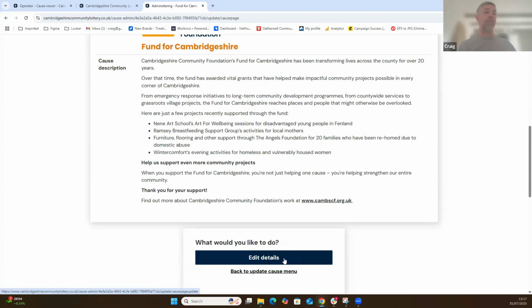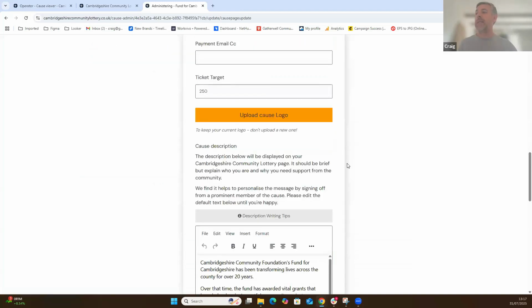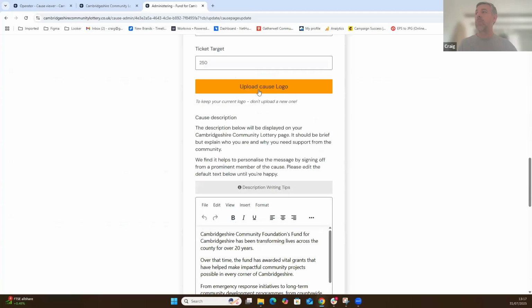The other thing as well is when you edit these changes, they'll come through again to our support team. So it won't automatically be uploaded and changed. It will come through to our support team just to double check that, you know, if you upload your logo as well. So in here, you can upload your logo, edit, and upload cause logo in here as well